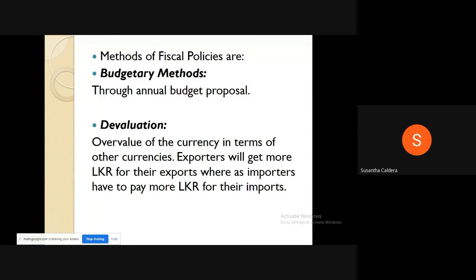During that period, what was the buying rate for exporters? What was the buying rate? 219. 219 against 230. Yeah. Now just imagine